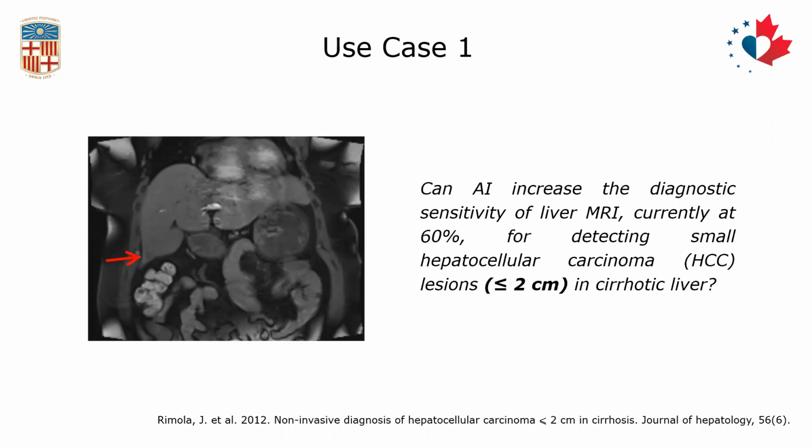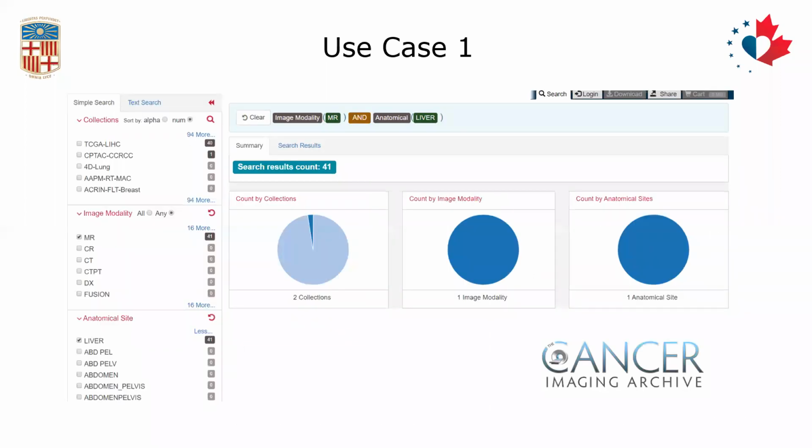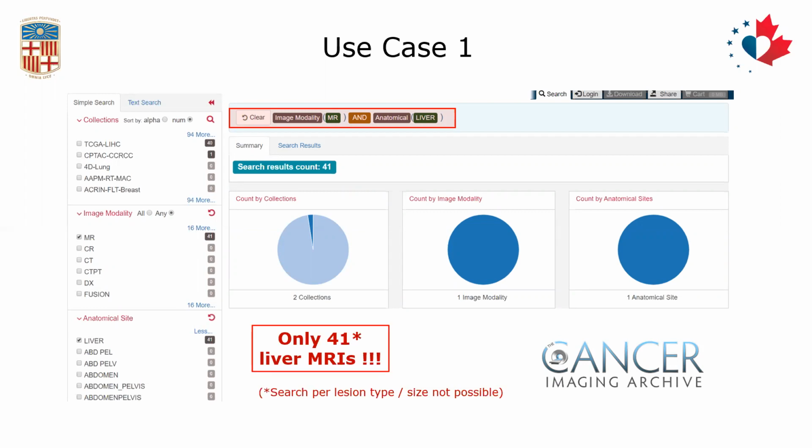And of course, the first step would be to look for data to train the models. So we went to the best place for that, which is the Cancer Imaging Archive, which is well established, has about 50,000 cases, and we made a search, liver plus MRI. And we only found 41 cases. And we couldn't search per lesion, so we didn't know whether these were lesions that were less than 2 centimeters. But clearly, we didn't have enough data sets